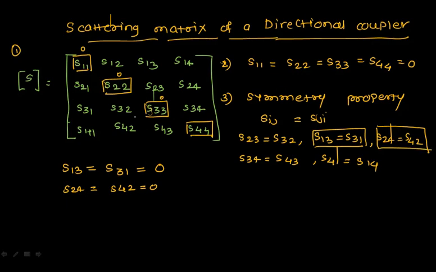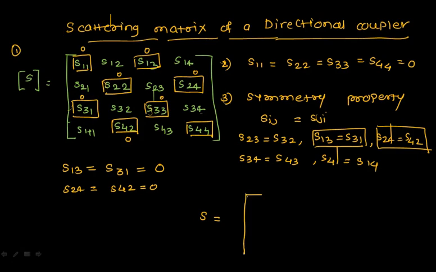Okay? So if you write all those things here, now your matrix will have very few unknowns. So I'm just putting this as 0, 1 2 will be there. This will be again 0 because 1 3 is a decoupled port. 1 4 will be there. Again 2 2 is 0, 2 3 will be there. This will be 2 4, there is decoupling so this will become 0. 3 1 again decoupled port becomes 0. 3 2, 3 4. Okay, 4 1 will be there. 4 2 decoupled ports, and that's why this will be 0. Okay, now I have got a new matrix and I'll write all those things over there.